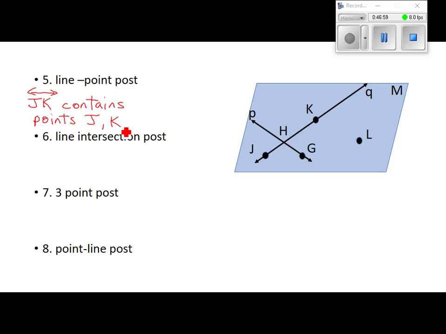So you got 2 lines that intersect, they intersect at exactly 1 point. Do we have 2 lines in this picture that intersect? Yep. Name one of those lines for me. You had to make it harder on me because I'd already drawn the symbol, didn't you? Line P. Is it all right to name that line P? Give me another line. Line Q. Lowercase letters. Different than naming it that way. Got to know both ways to name a line. Line P and line Q intersect